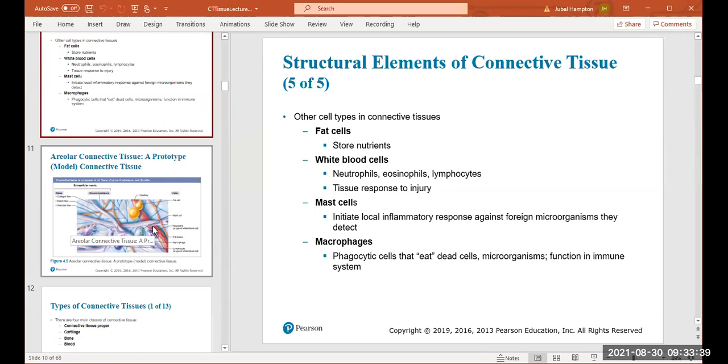So you've got to know CT means connective tissue when you're reading it. So there's loose, there's dense, and in the dense, there's regular and irregular. Areolar, reticular, adipose, and they're the example of dense regular and dense irregular. Now, areolar